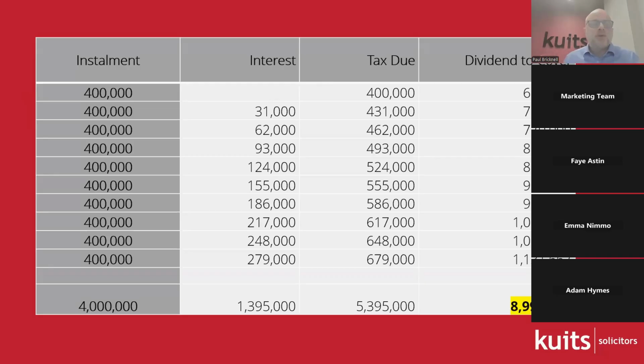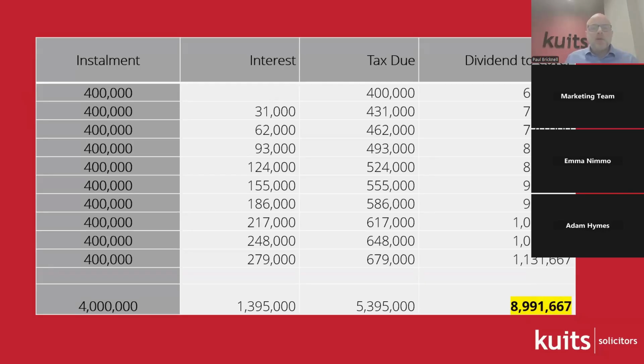But here's the big problem. Where's that money coming from? Well, that money typically comes from the company. It needs to come out of the company by way of a dividend. But when we pay the dividend, that dividend is taxed at a further 39% before we get to pay our inheritance tax. So in year one, when we've got no interest on the instalment and it's just 400,000, we have